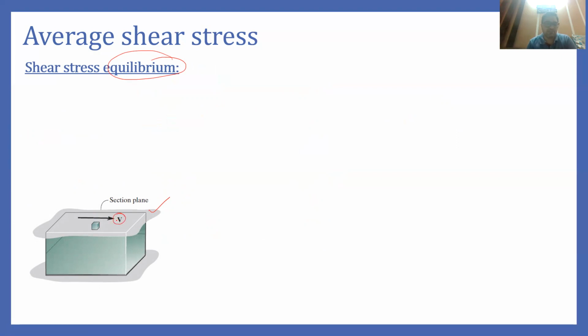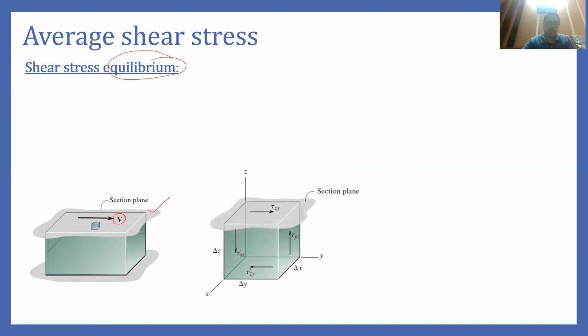Again, you can see this shear force V is parallel to the cross section, or parallel to the plane. So here, if we consider an element and want to see the behavior of this force on that element, we can represent this force on the element like this. The shear stress on this differential element can be represented as tau zy, where zy is basically the zy plane.